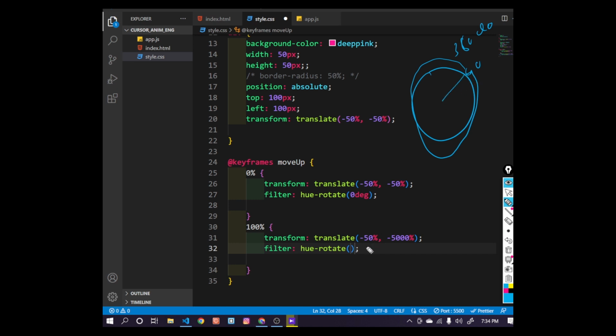So if you use 360 or 355 or 359, there's not going to be any change. So we need to give more than a 360 value. Let's give it like 750